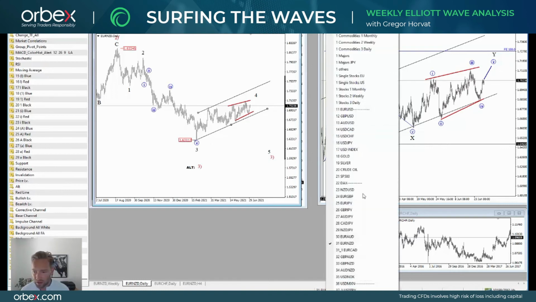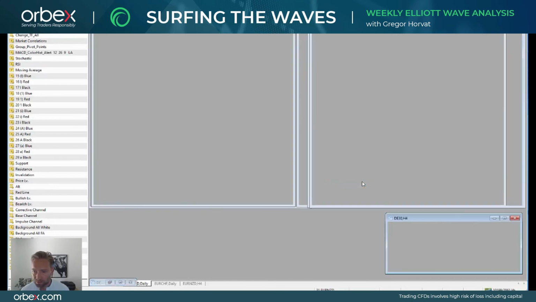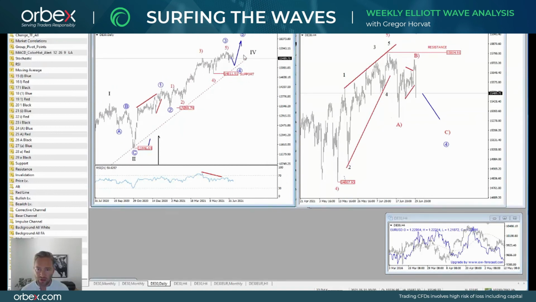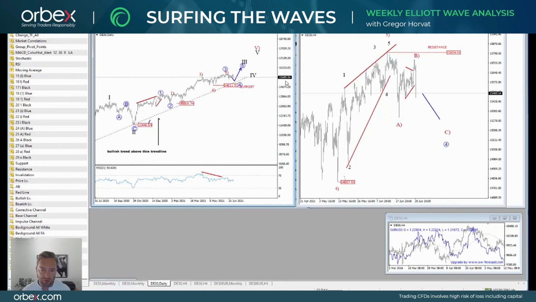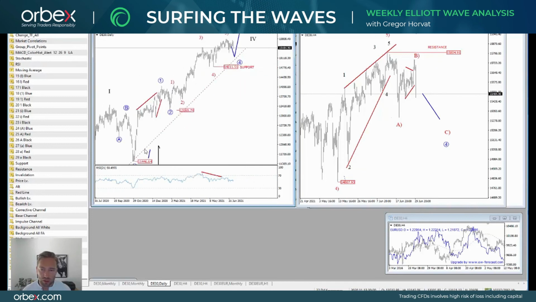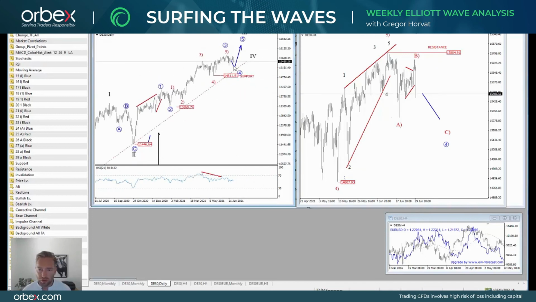And finally, let's take a look at the German DAX. Now here we are tracking a corrective pullback. I'm looking for a wave 4 after identified 5 waves up within wave 3. So it makes sense actually for markets to slow down, to cool down maybe during the summer. But again, I think that this will be only a corrective pause within an uptrend. What I would pay attention to, if we see deeper prices from here, is this bullish trend line, which is in place since March 2020. So after a retest of this trend line, that's when I would be looking potentially for a completed wave 4